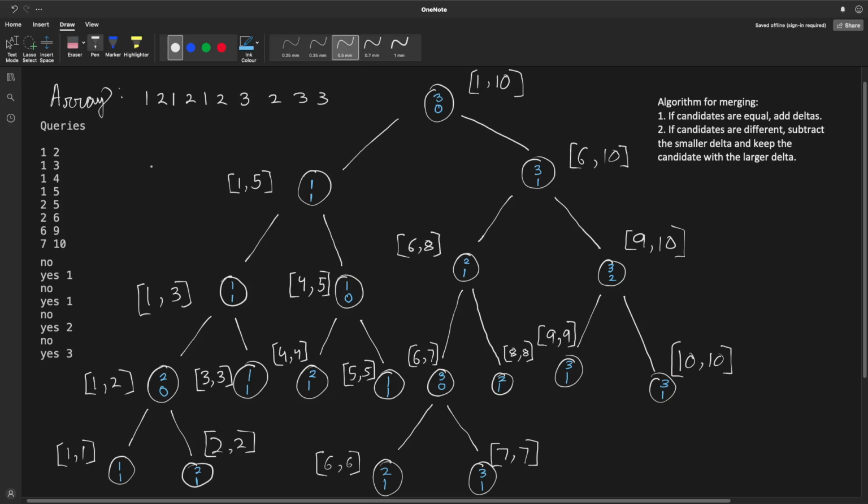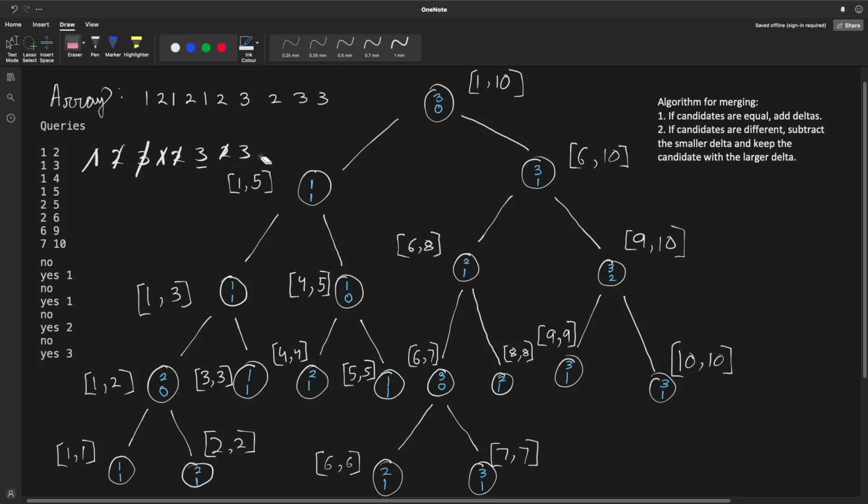The segment tree can only give us a candidate, and that's because, let me draw that example again. For example, if we cancel out elements like that, we could be left with these two copies of 3.